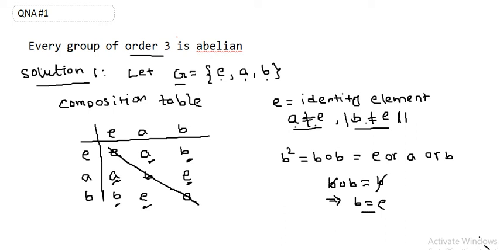So if the elements around the principal diagonal are symmetric, then the group is an abelian group. Also you can see from here that A composed with B gives us the value E, and B composed with A gives us the same value E. So in this way you can see that. Also we can just use this trick: if the elements around the principal diagonal are symmetric, then the group is abelian. So G is an abelian group.